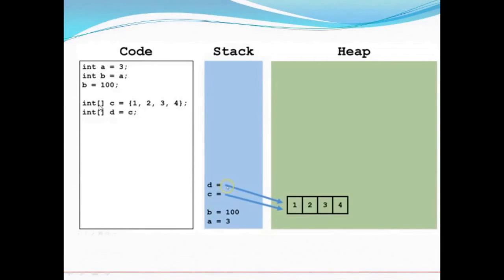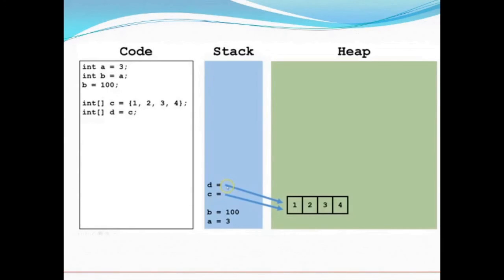But now see, I have declared an array C of integer data type. That means it will comprise elements that are all integers. So this C array will hold 1, 2, 3, 4. And how will it hold them? As I told you, the variable will be stored on the stack, but C is a reference variable. Why? Because it is holding an array, and an array is a reference type.